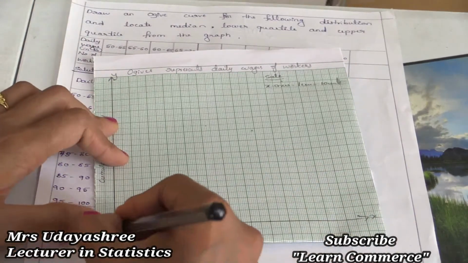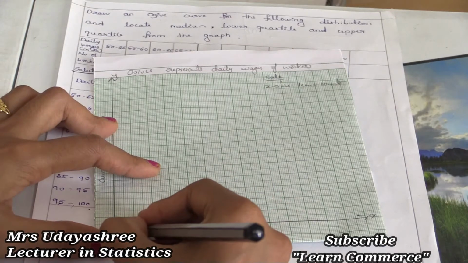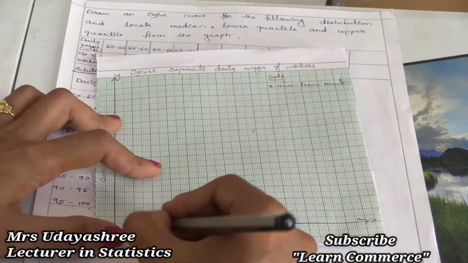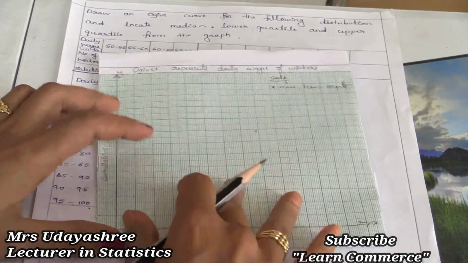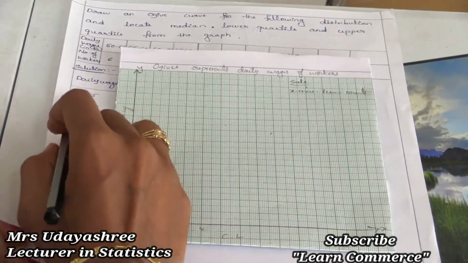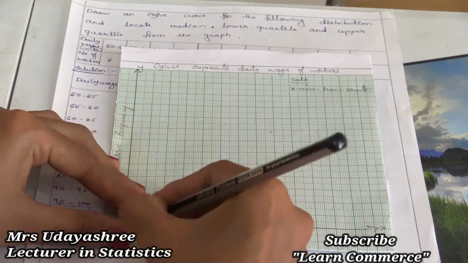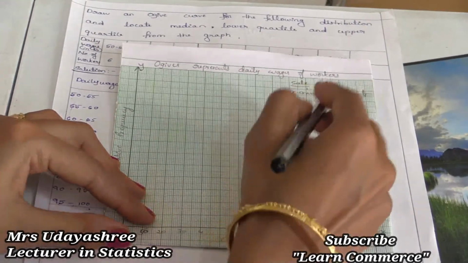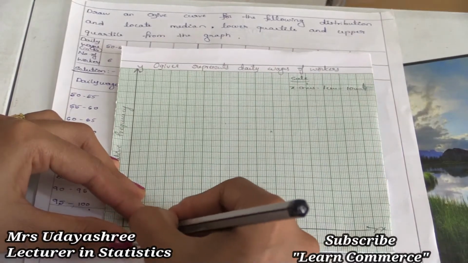So here I will write, see we know that origin is 0, next it is 10 because here 1 centimeter is equal to 10 units. So here it is 10, 20, 30, sorry, see here before that, see here class limit starts from 50. So, therefore, I will take first scale, 1 centimeter 10 units. So here I will start from 50.